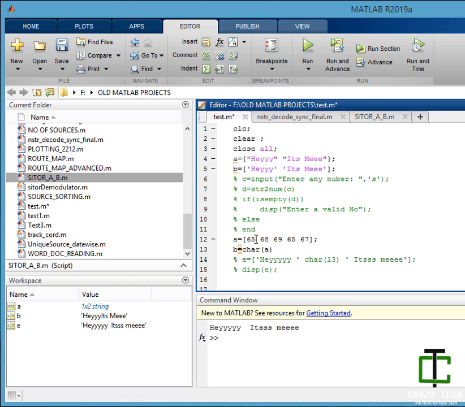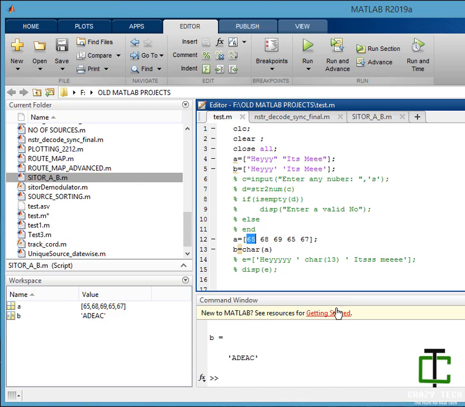Let's say capital A has ASCII value 65, then D has 68. So it will convert an array of integers to its corresponding characters. It converts ASCII values to their corresponding characters. So run it first. Okay, A D, 65 for A, 68 for D. Okay, I'm clear.